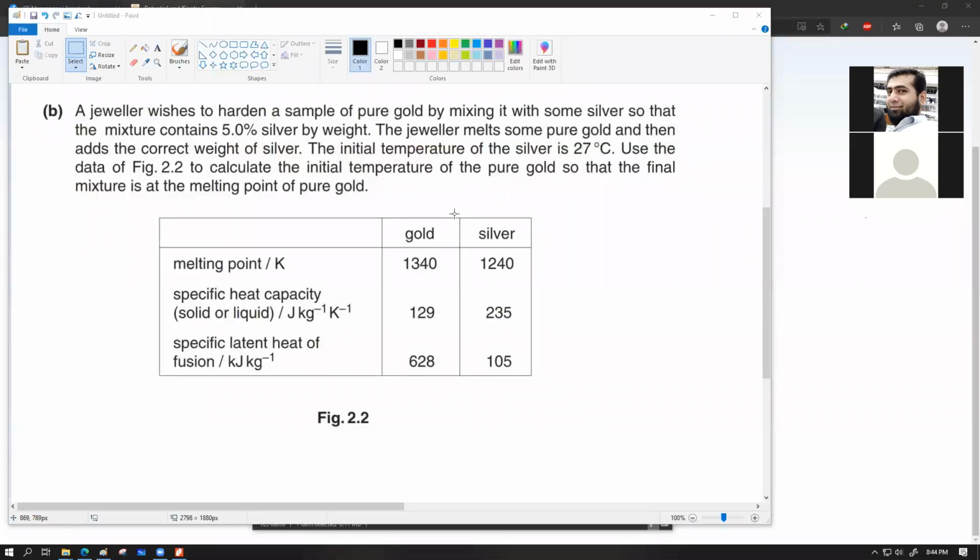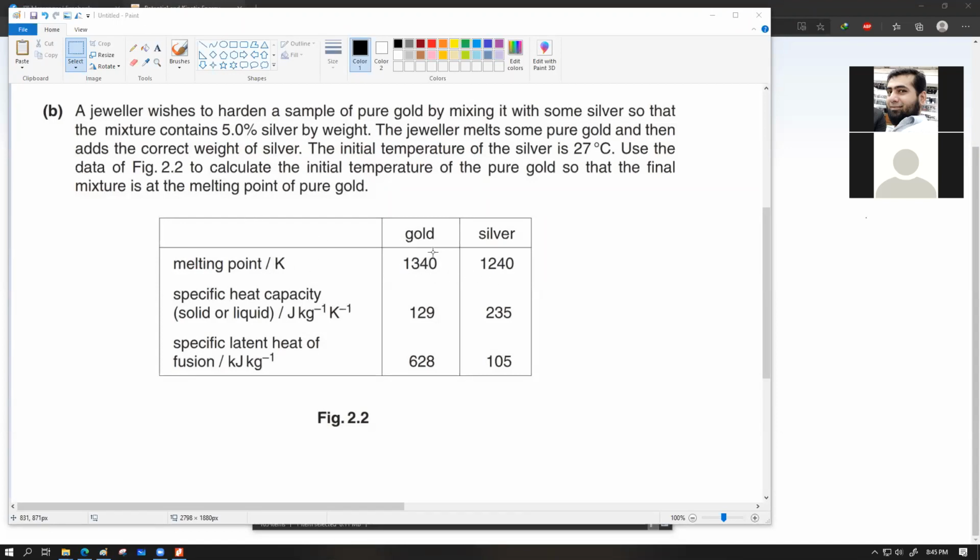In this entire process, the jeweler is not going to add any more heat. We are keeping our discussion within the happening that gold was heated already. The temperature of the gold was taken to a temperature that is slightly or more, I don't know how much, that was definitely a bit higher than the melting point. Whenever we add that silver lump into the liquid gold, silver's temperature is going to increase all the way up. That is going to melt. I mean, why would silver melt? Have a look at the melting points of the two things.